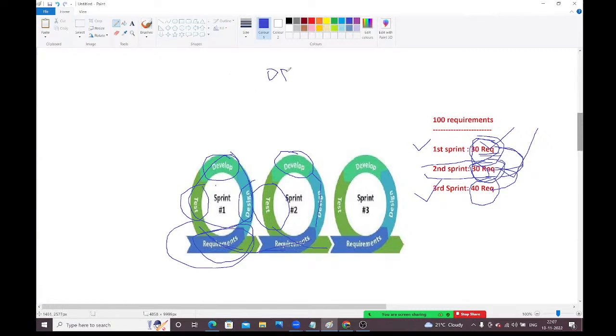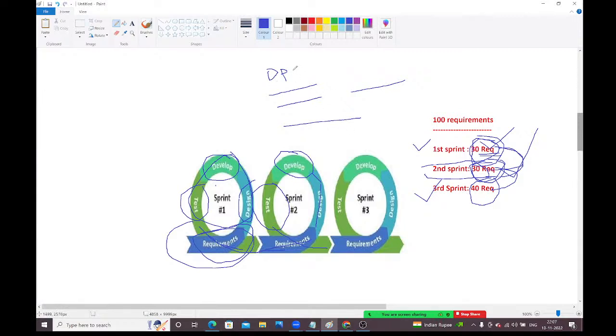Open status, guys. Once a developer started working on that story, they need to change it to work in progress. In progress, they need to change. Once development is completed, the developer should change the status to ready for testing, hand over to testing, and whichever tester you are assigning, that tester's name you also need to put. After that, the tester will take care of the story. You can forget this. Tester will take care. Once the tester has completed the story, the tester will close this story, guys. Like this, we have different statuses available in Jira for each story.